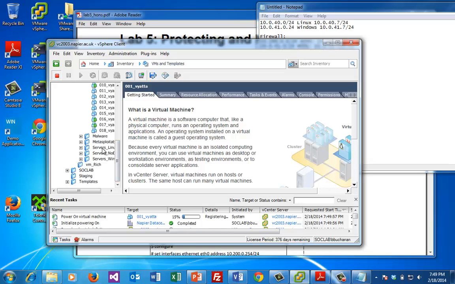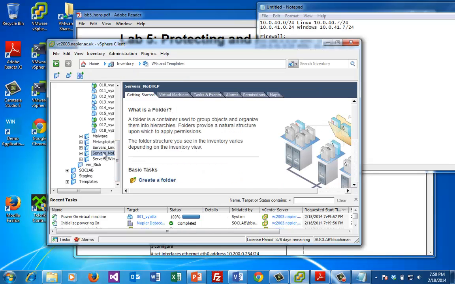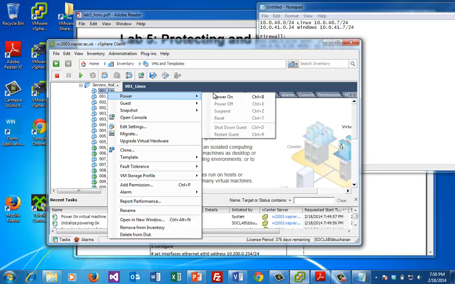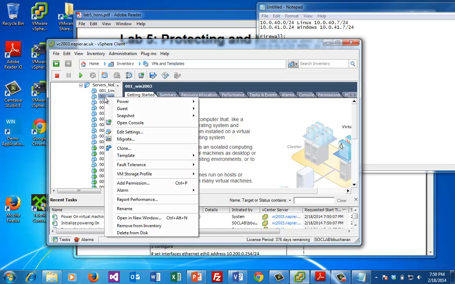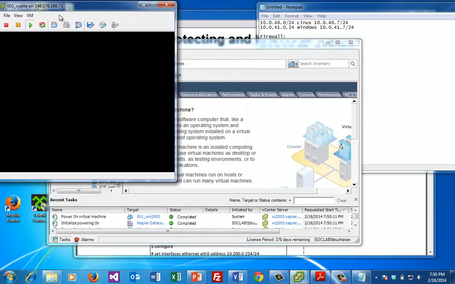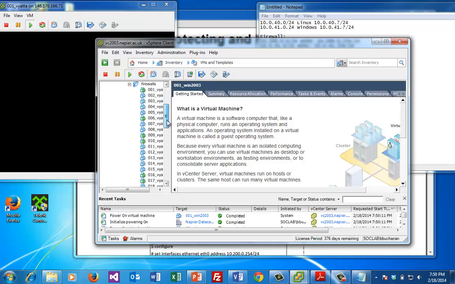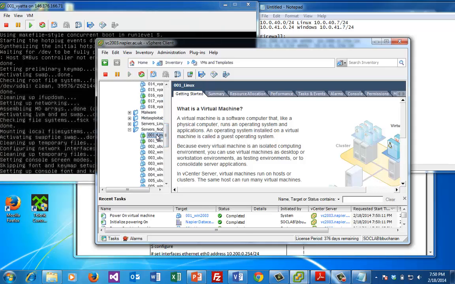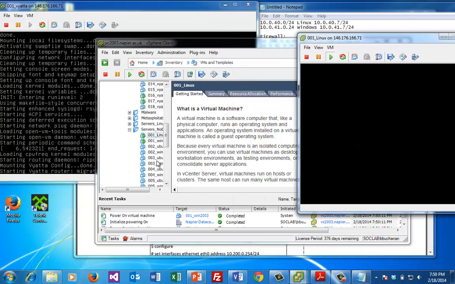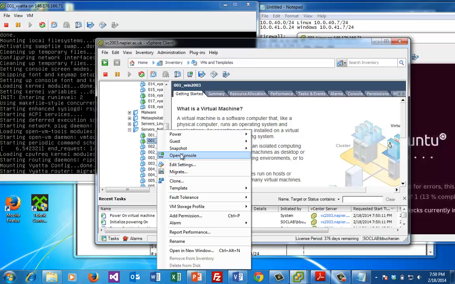and then let's go to our servers, no DHCP, and we'll pick up a Linux one, and we'll pick up a Windows one, and that's it really. Okay, so let's have a look. We'll have a look at our Vyatta Firewall, just booting up. We'll have a look at our Linux firewall, our Linux virtual machine, and we'll have a look at our,